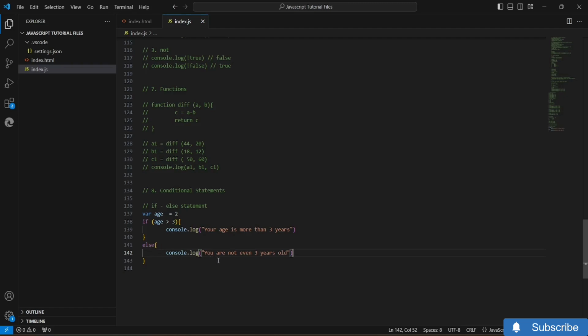So as the else statement is true, here it's typing that you are not even 3 years old. Okay, so this is how you guys can actually use the if and the else statement over here. So this was one part, and the next part under the conditional statement we're gonna learn is about the